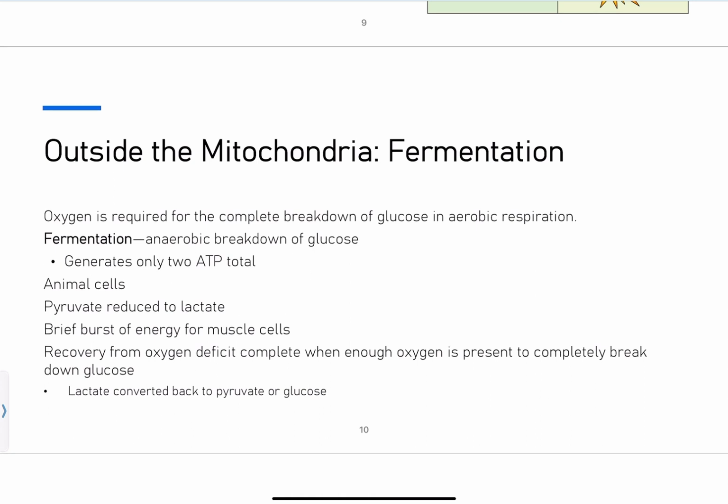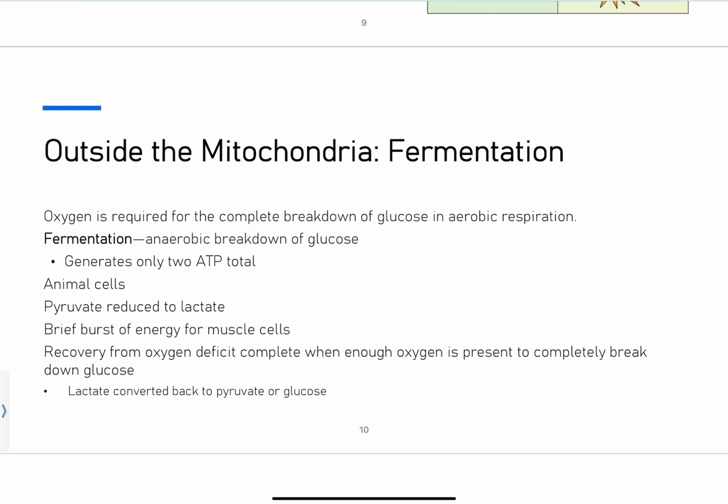So if we don't have any oxygen available, again, we're turning to fermentation, an anaerobic pathway, in order to make ATP and regenerate NAD+. So when we talk about fermentation, it's really the incomplete breakdown of glucose, and it's going to occur entirely in the cytoplasm without the involvement of the mitochondria at all. So it's going to result in the production of only 2 ATP per glucose molecule,